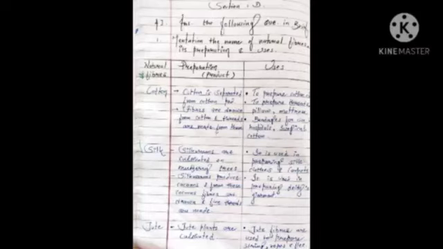Now starting with chapter number 3: mention the names of natural fibers, their preparation and uses. First one is cotton, and the preparation is: cotton is separated from cotton pods. Fibers are drawn from cotton and threads are made from them. And the uses are to prepare cotton clothes, threads, pillows, mattresses and bandages for use in hospitals, surgical